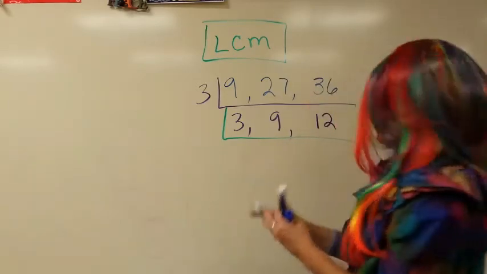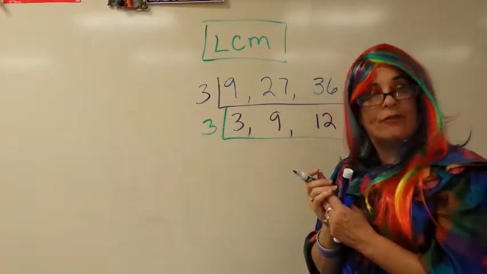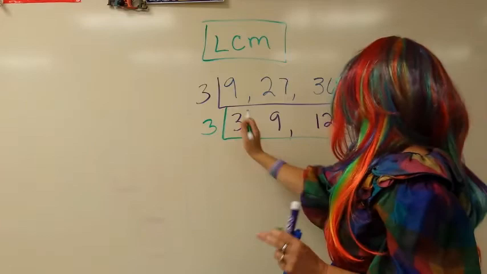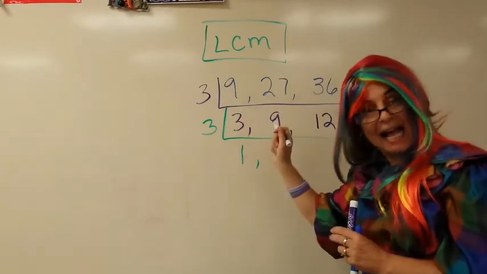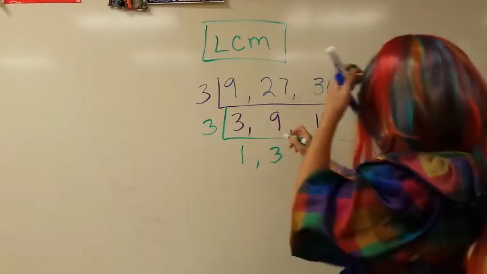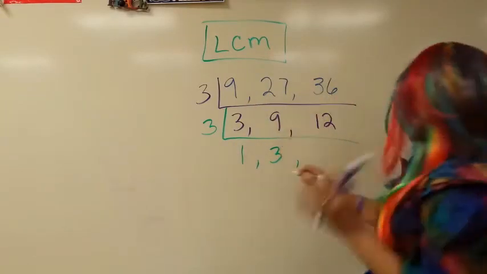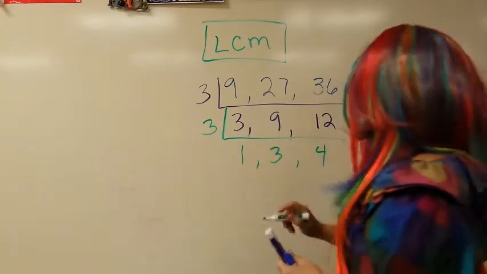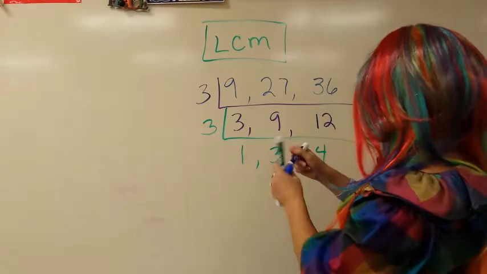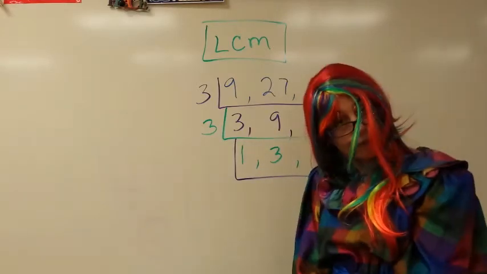How lucky is that? So let's do that again. Let's put our 3 on the outside. 3 can go into 3 1 time. 3 can go into 9 3 times. And 3 can go into 12 4 times. Wonderful. Then we make another ladder rung, and we do it all over again, and we say to ourselves, self,